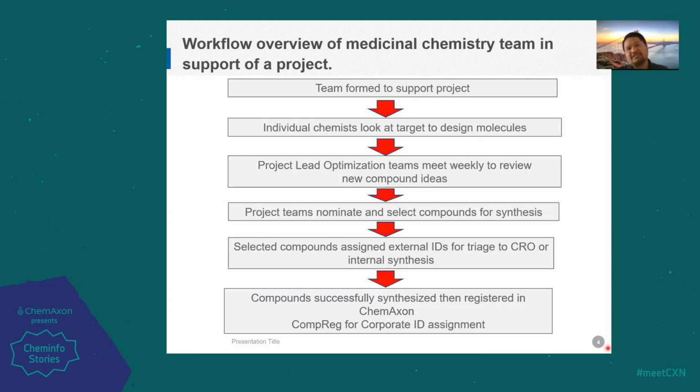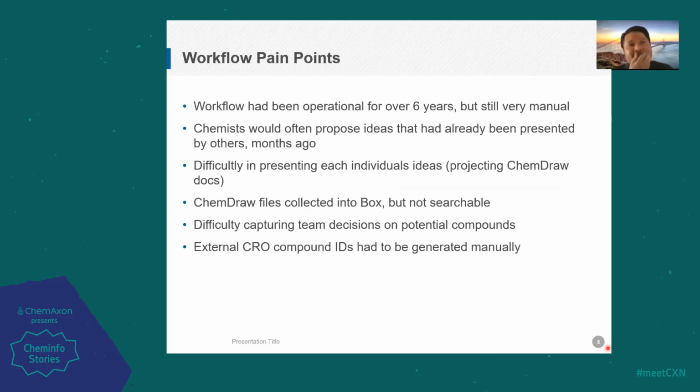The project teams then nominate and select compounds for synthesis, and then selected compounds are assigned external IDs for triage to CROs, or if they're going to be made in-house. The successful compounds then come back to MyoKardia and are registered in ComPreg, and then it gets a corporate ID from there. And in the next slide, I'm going to describe